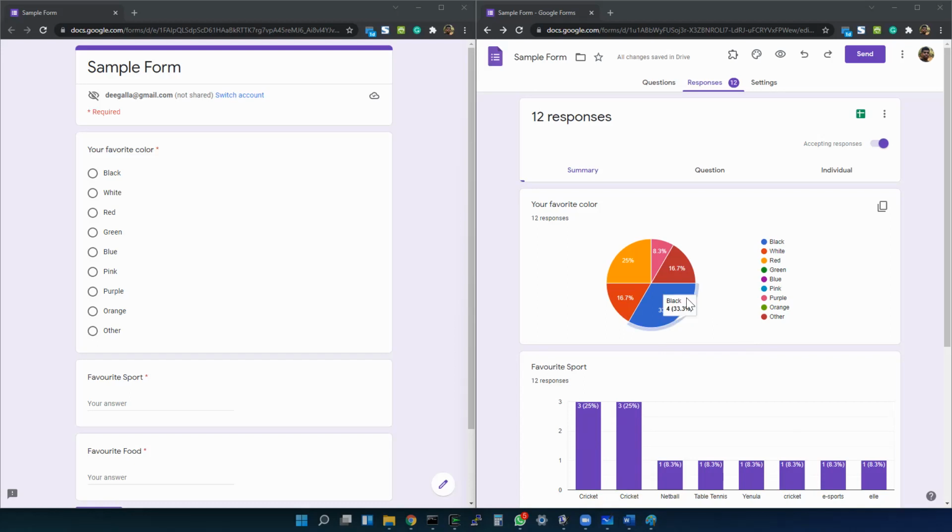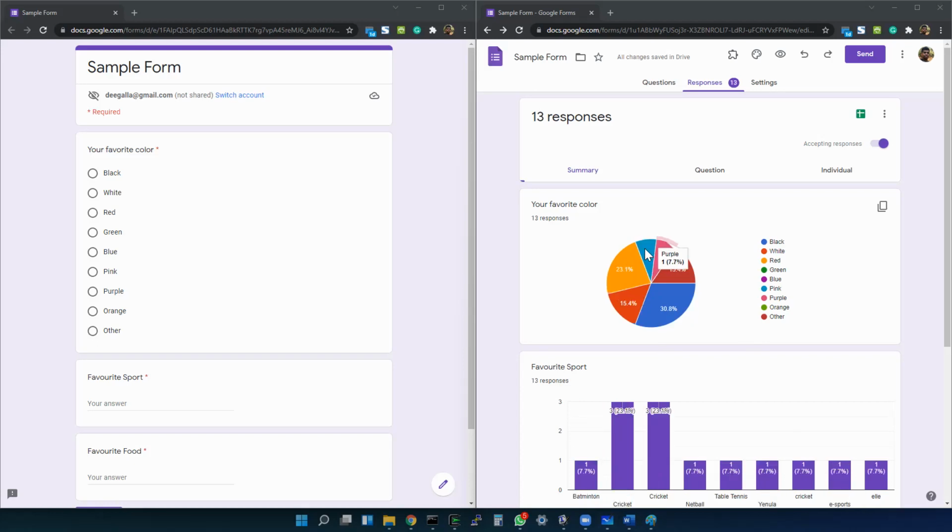Okay, favorite color. 4 says black, 2 says white, 3 says red, right? 1 says purple, 1 pink. Okay, 13 responses. How come? We have, right? Yes. We have 14 to go now. One more to come. Okay, now I think we have done. Okay, so the summary is black 4, white 2, red 3, 1 pink, 1 purple, and there are 3 others,